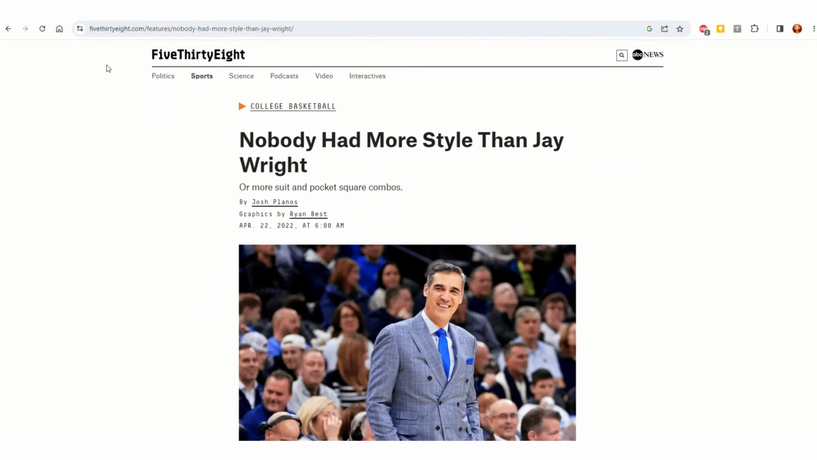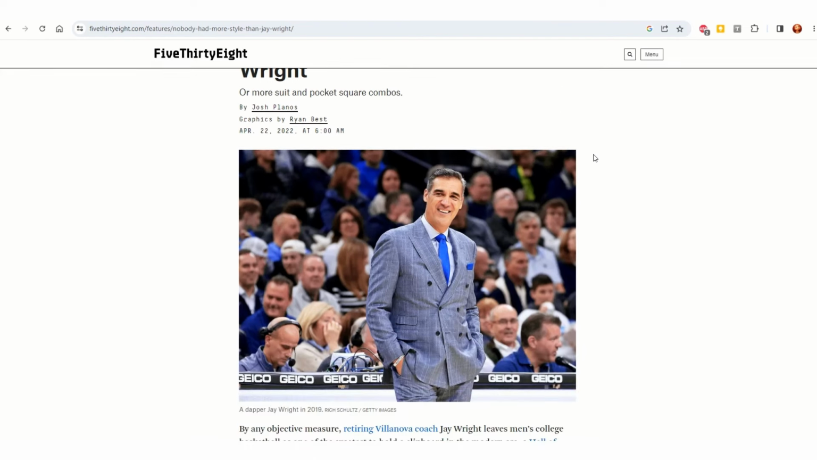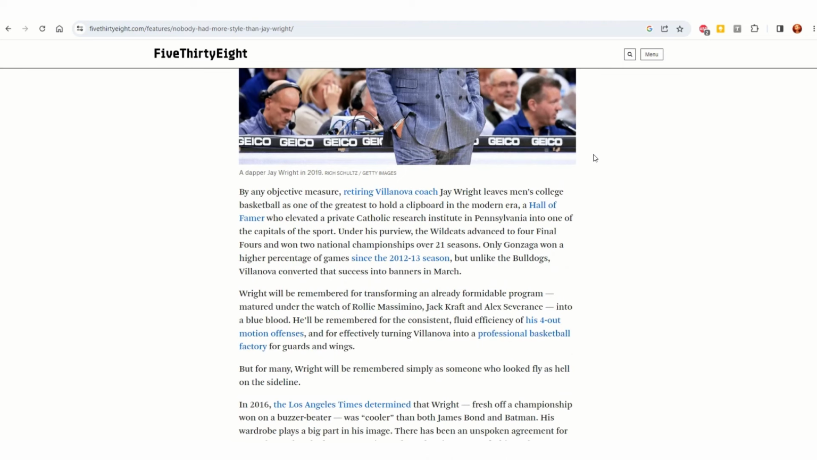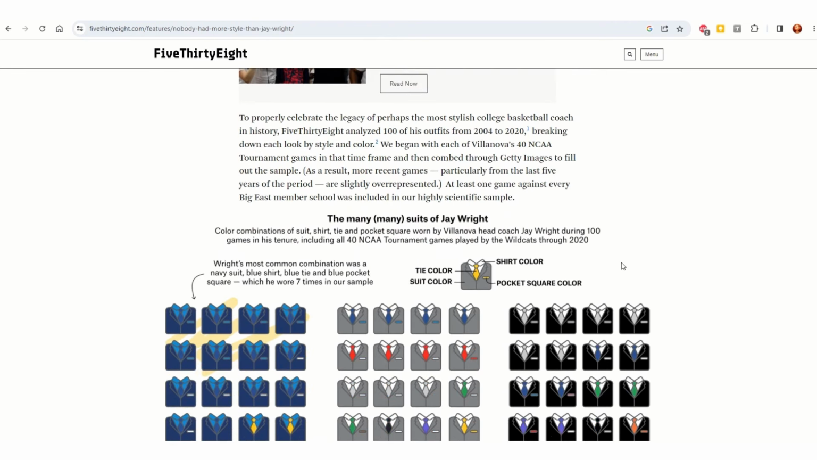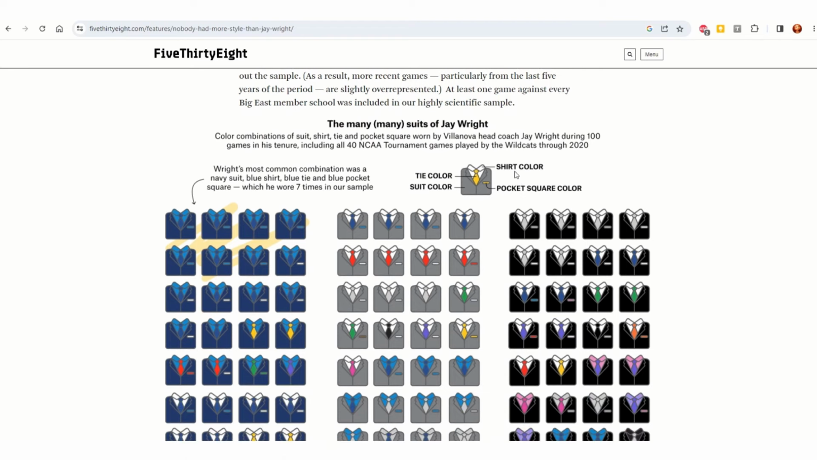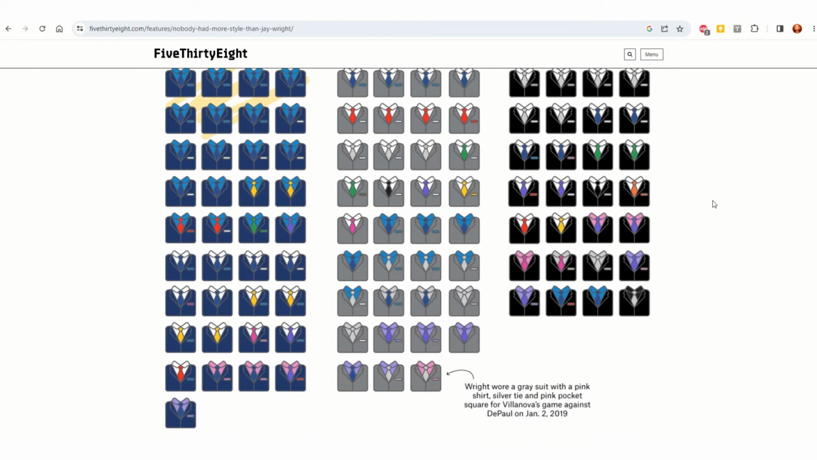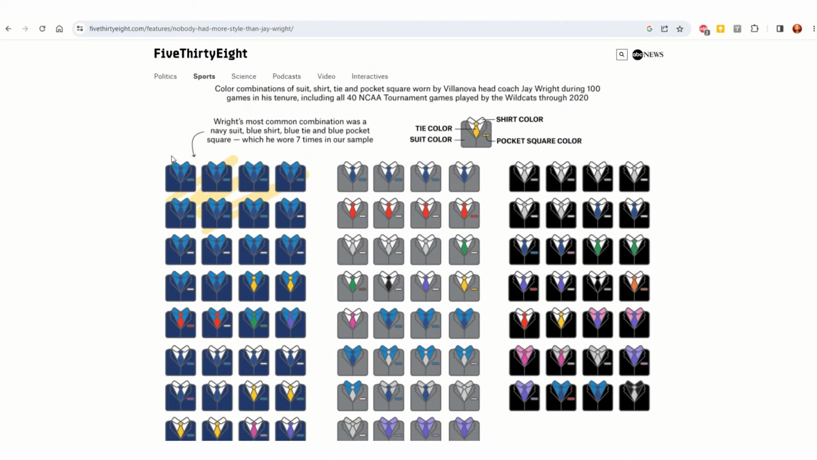The pictogram was inspired by the FiveThirtyEight article, Nobody Had More Style Than Jay Wright. And what we can see here is that Jay Wright is a pretty snazzy dresser. The team at FiveThirtyEight took a number of images of his suits and coded them. We have tie color, suit color, shirt color, and pocket square color encoded from a bunch of these images, which we have then